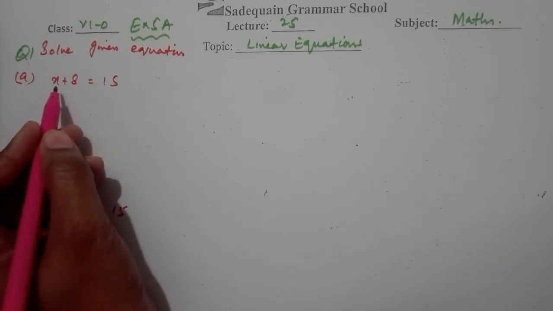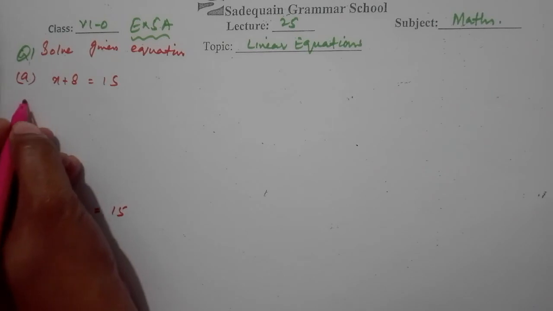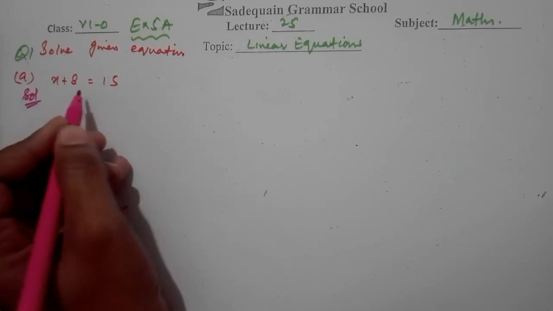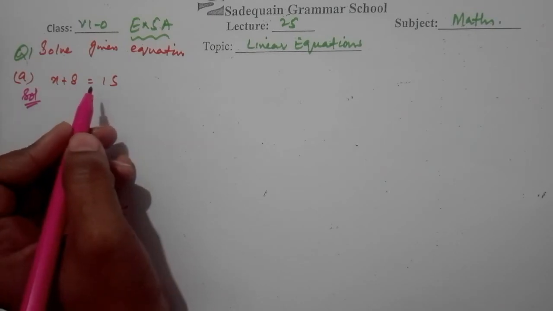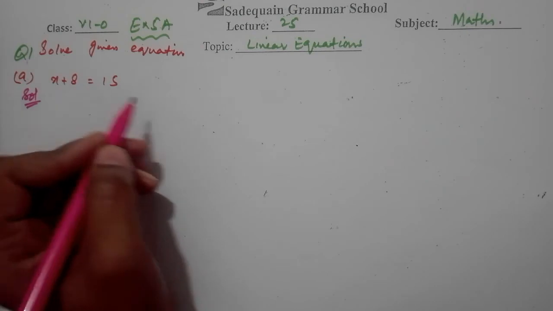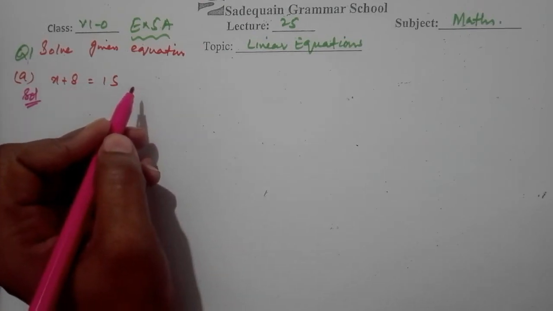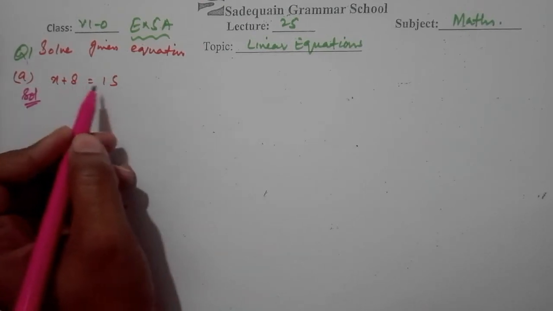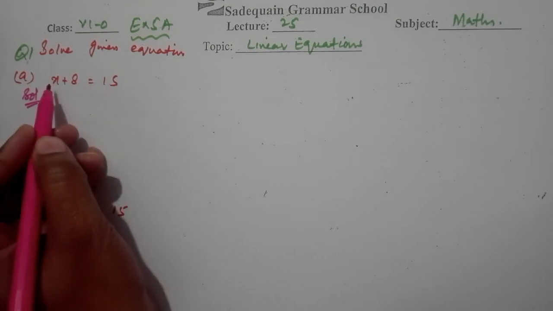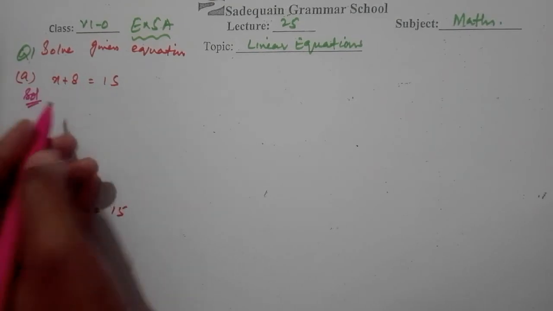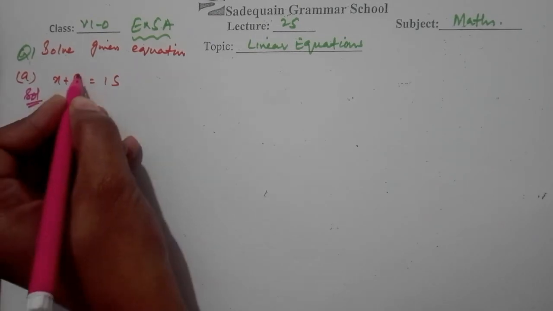Now here what we have given, x plus 8 is equal to 15. So let's start the solution. In order to solve this equation, just remember the shifting rules. Okay? Shifting rules of the values from one side to another side of the equation. Now here which are the two like terms? Yes, 8 and 15 are the like terms. Both are constant and here x is a variable. Okay? So x remains here and we will shift 8 here.